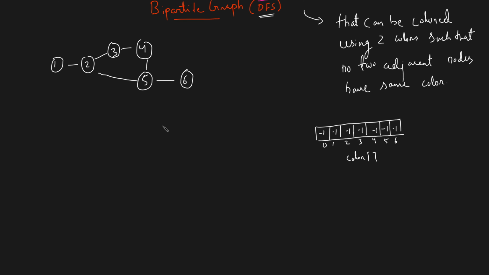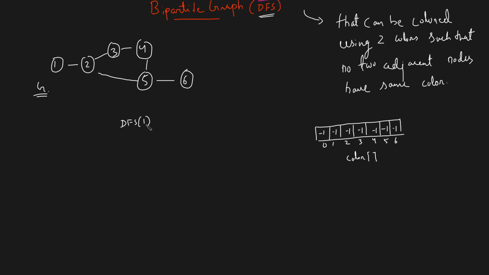Now let's do a classic example of a graph being bipartite. So let's check this graph out, which is actually a bipartite graph. In the previous example, we figured out how to check if a graph is not bipartite. Over here, we will see that this graph will come out to be bipartite. Now, as you know, we will start from the source node. So let's start the DFS from the node 1.